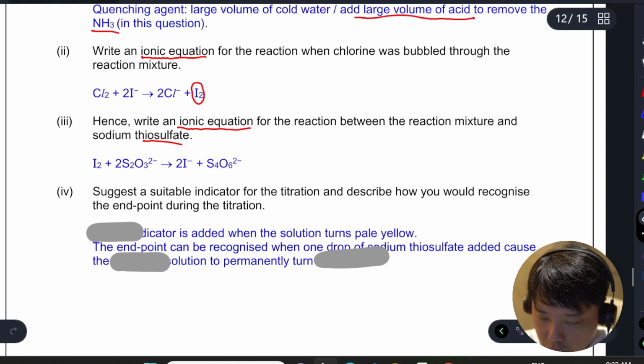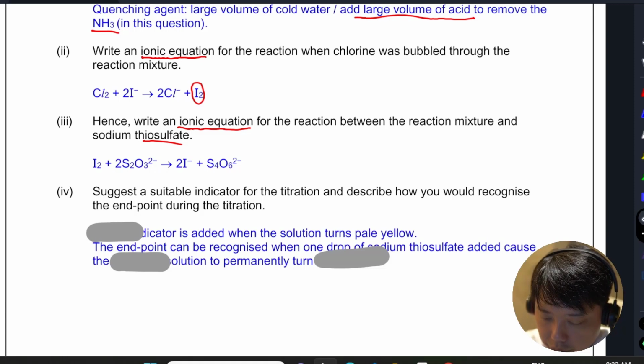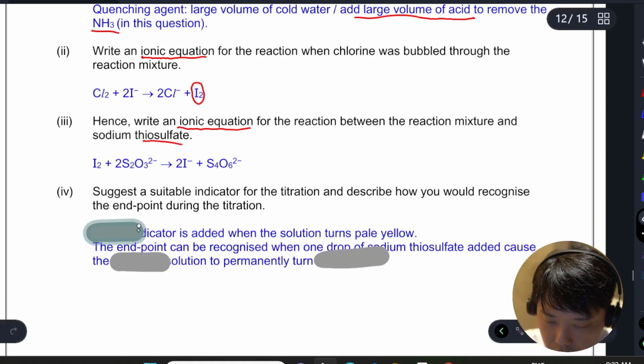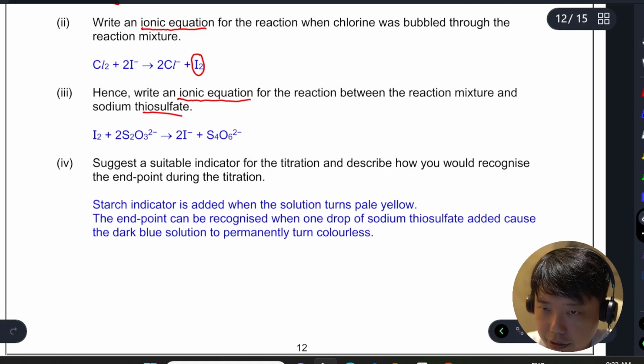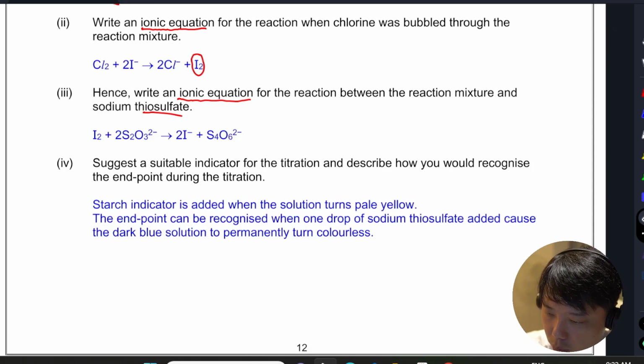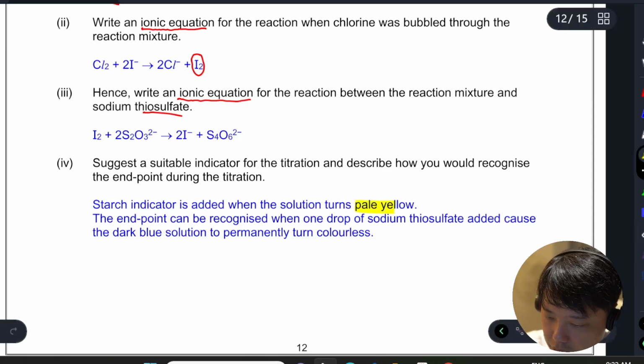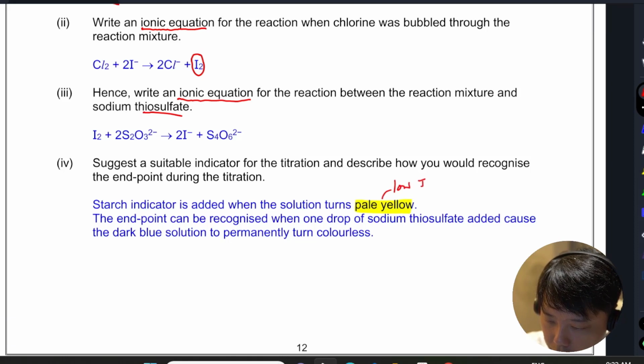Okay, suggest a suitable indicator. This again is a very common question: starch indicator. So one point to take note of: when you add starch indicator when it turns pale yellow, why do we add it only when it turns pale yellow? At pale yellow, you have very low iodine concentration,